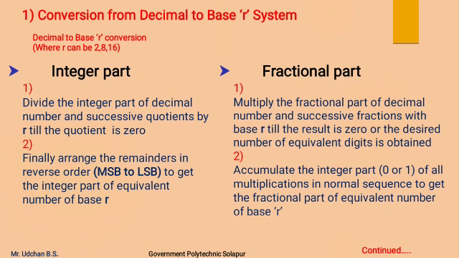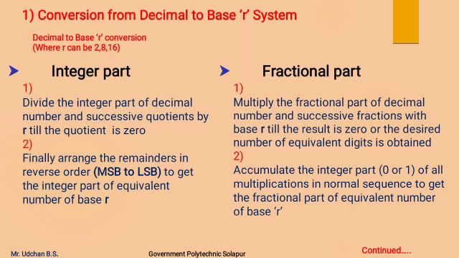First we will see conversion from decimal to base R system, that is how the decimal number can be converted into binary number system, octal number system and hexadecimal number system. There are two cases over here. One is the integer part of the decimal number system, second one is the fractional part of the decimal number system. In case of integer part of the decimal number systems, we are going to divide the integer part by